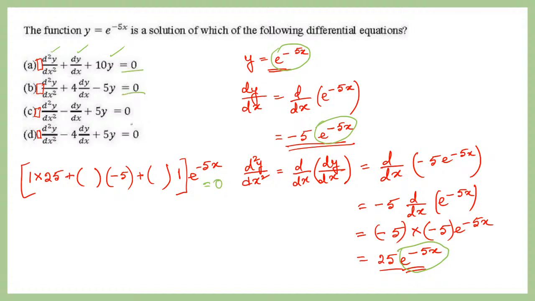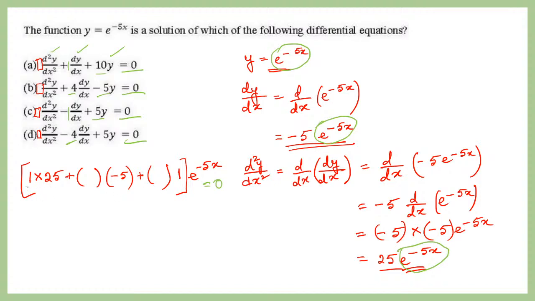Because we are forming the differential equation, so it is equal to 0. Now what we don't know is which would be the coefficient of dy/dx and y. Is it 1 or 4 or minus 1 or minus 4? And coefficient of y, is it 10 or minus 5 or plus 5 or what? Okay, so let's first